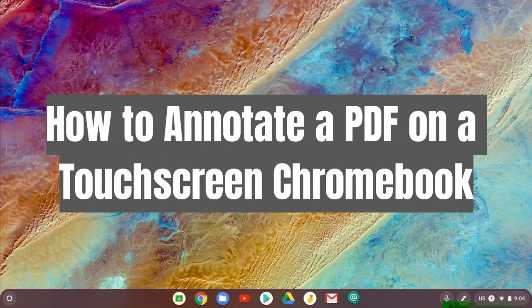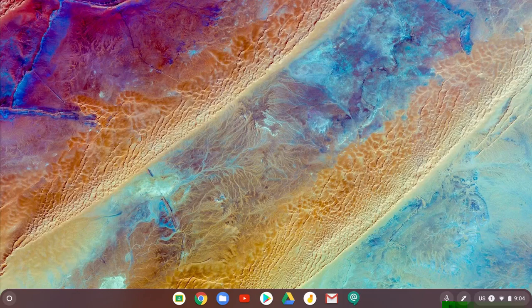On a touchscreen Chromebook, you can annotate on top of a PDF or other file by accessing the Files app on your Chromebook. You can see on my Chromebook, there is a shortcut down at the bottom. You can add shortcuts to the Chromebook's dock down here by right-clicking when the file or the application is